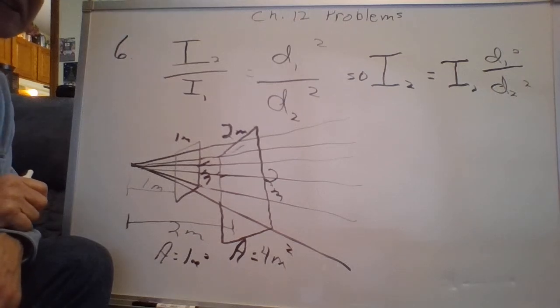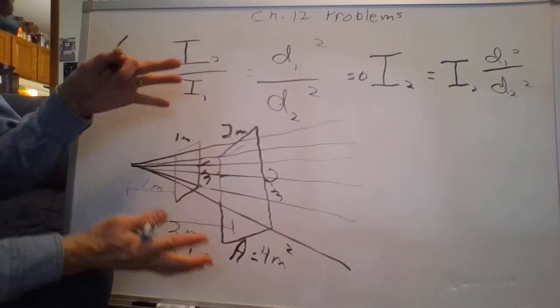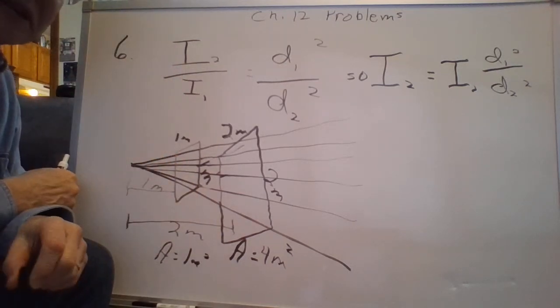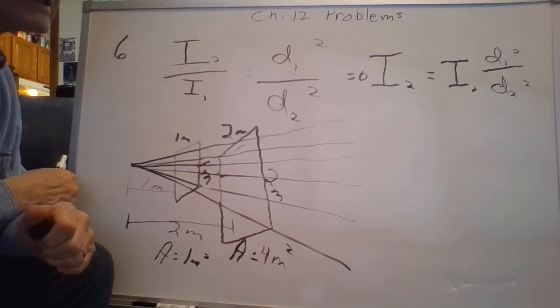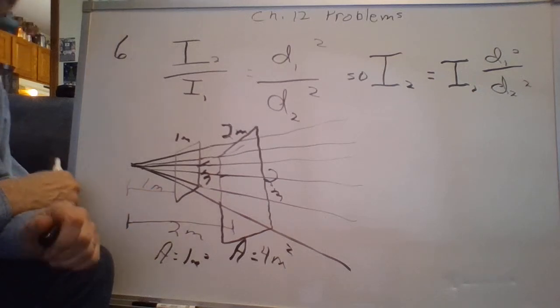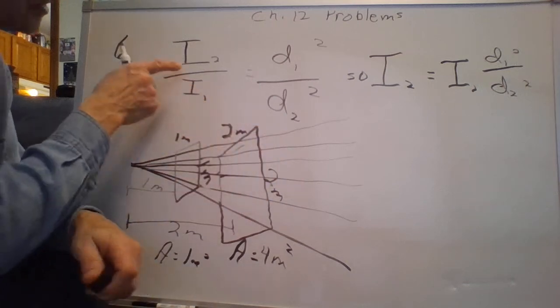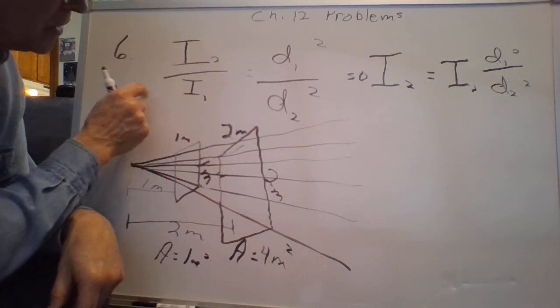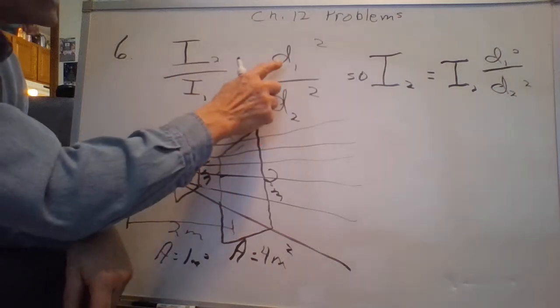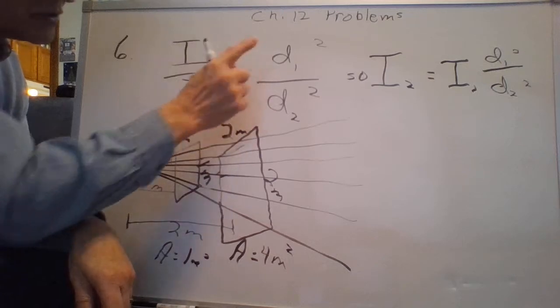Except that only really works outside because the sound would spread out uniformly in both dimensions. In a church, the walls are probably reflective, so it wouldn't quite work there. But at least in an outdoor concert, it should spread out by the inverse of the square of the distance. So you notice that we've said, well, I2 over I1 should equal distance 1 squared over distance 2 squared. So they're inverted and squared.